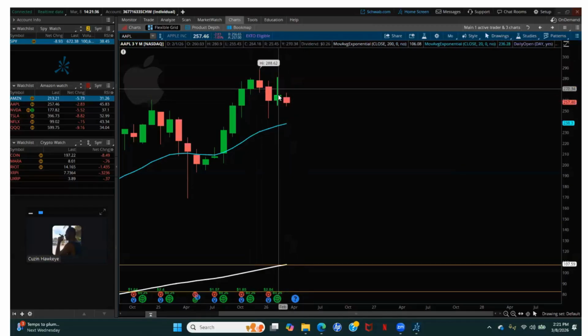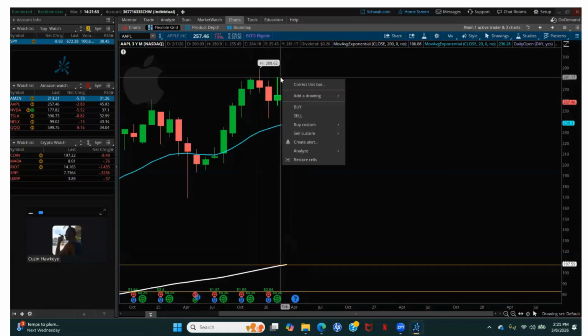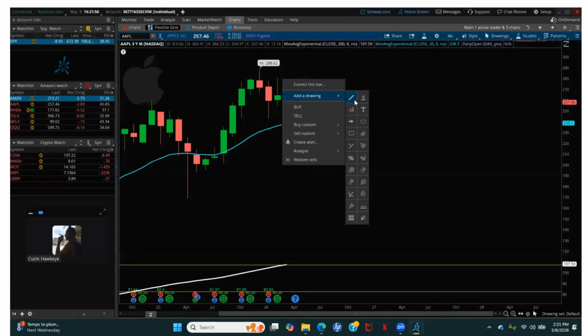This candle that I'm pointing to, the green one, is February. I'm recording this video in March. So this was the month of February. There's literally millions of dollars in this candle. So what I'm going to do, and what you would do, would be to draw a line